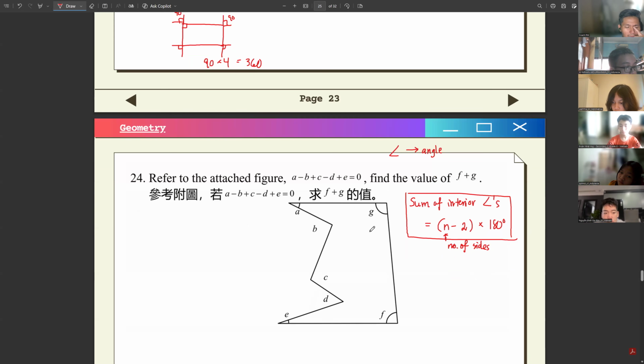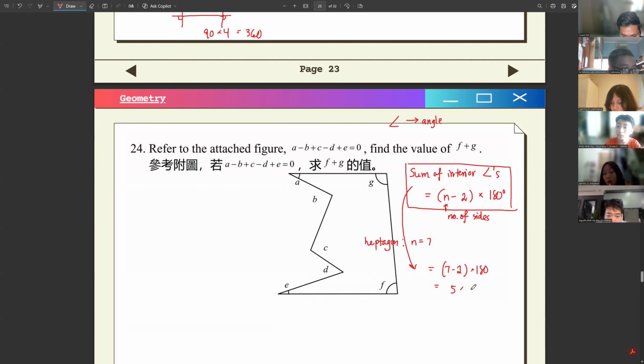Now, take note. What's the number of sides here? 1, 2, 3, 4, 5, 6, 7, right? This is a heptagon. So the number of sides is 7. Meaning our sum of interior angles is equal to 7 minus 2 times 180, which is equal to 5 times 180, which is 900 degrees. Meaning, if you add this angle A, let's